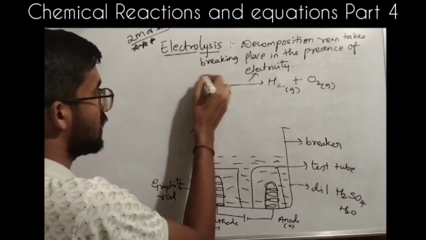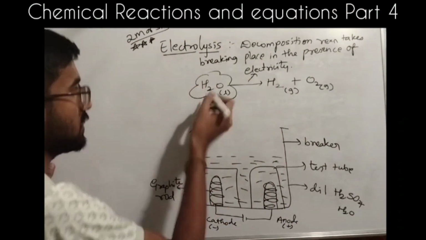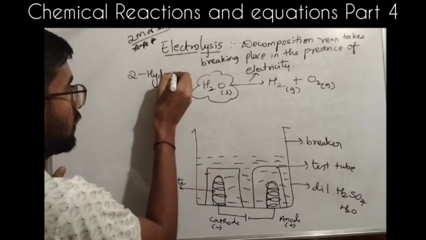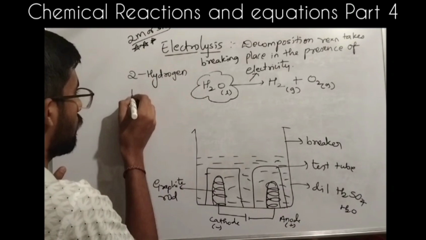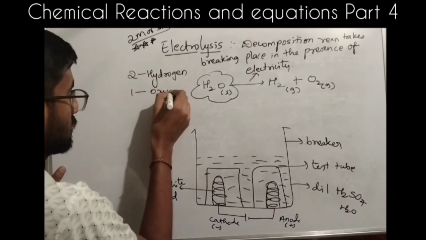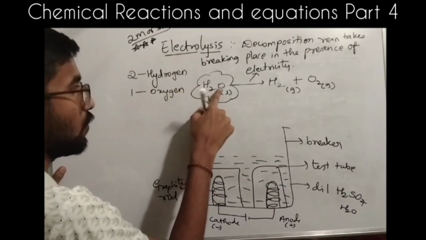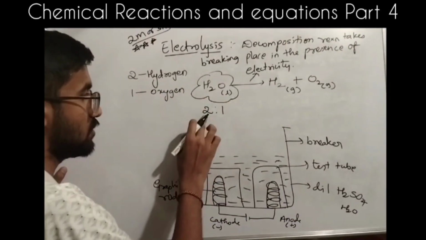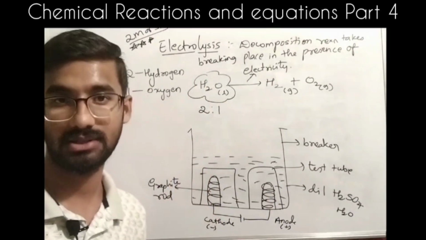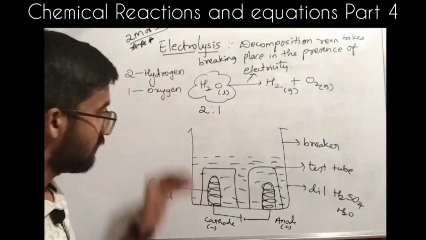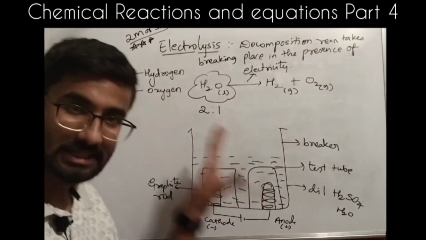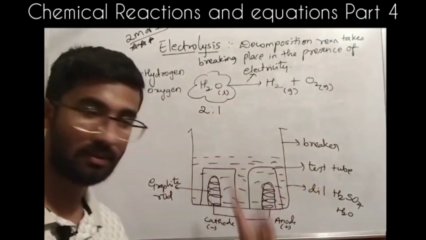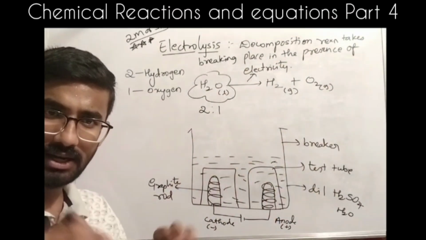Let me tell you something about water. See, water has two hydrogen and one oxygen. You can see H2O, with 1 only. Then the ratio is 2:1. The hydrogen value is more than the oxygen. So when we switch on the electricity, or when we pass electricity through this particular beaker, then water started releasing